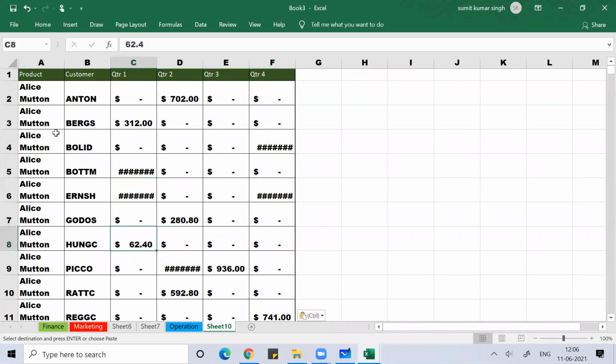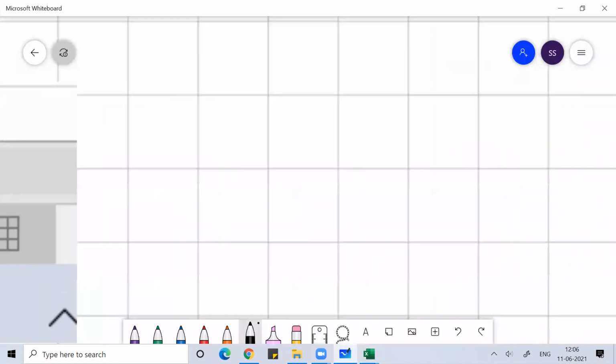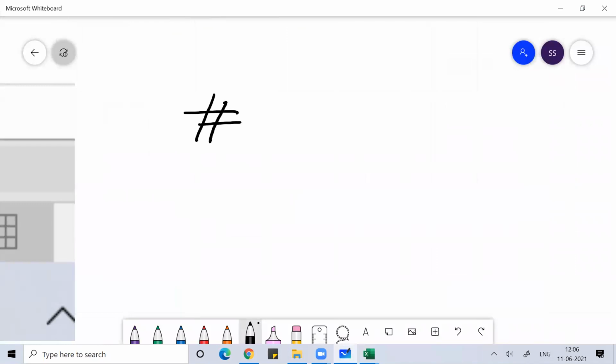So what this hash basically means: when you're working in Excel and you see hash, it means the length of the content is very big and the width of the cell is very small.